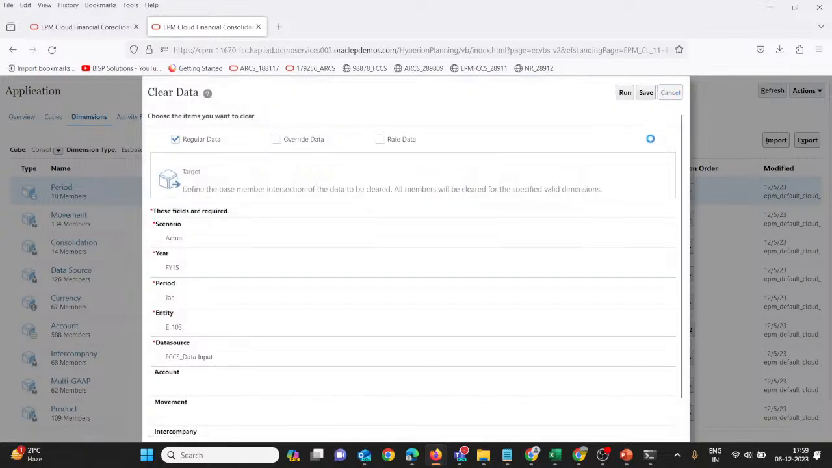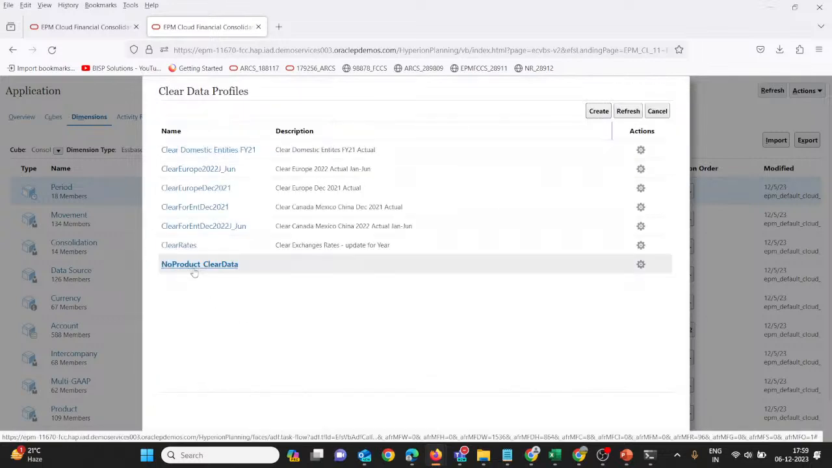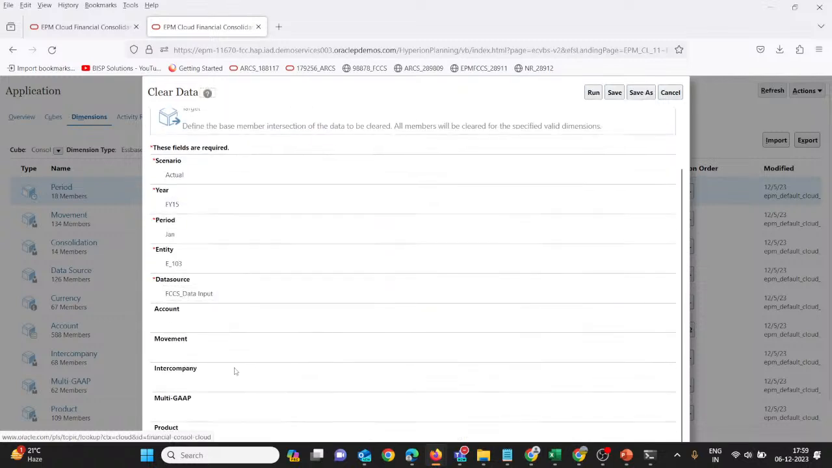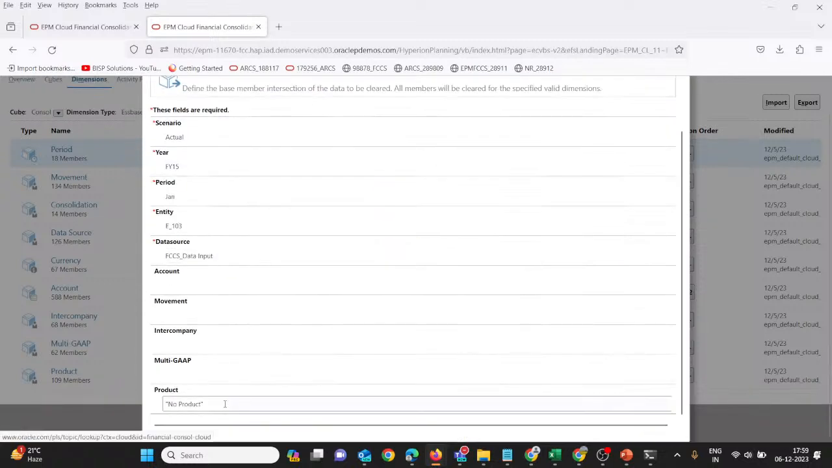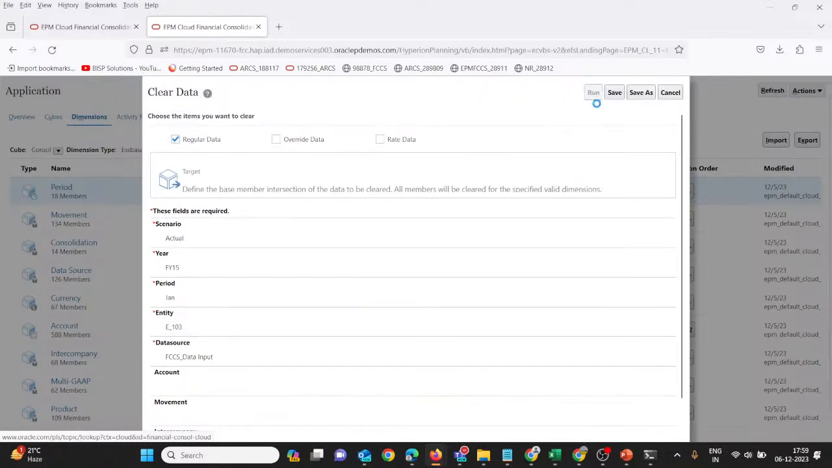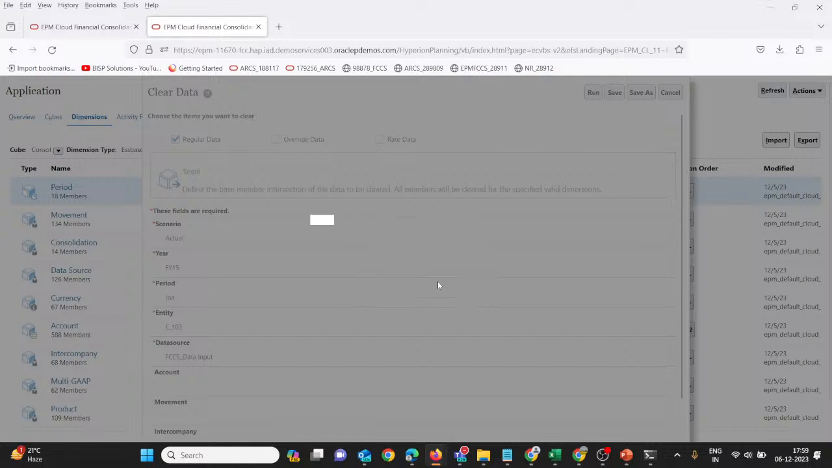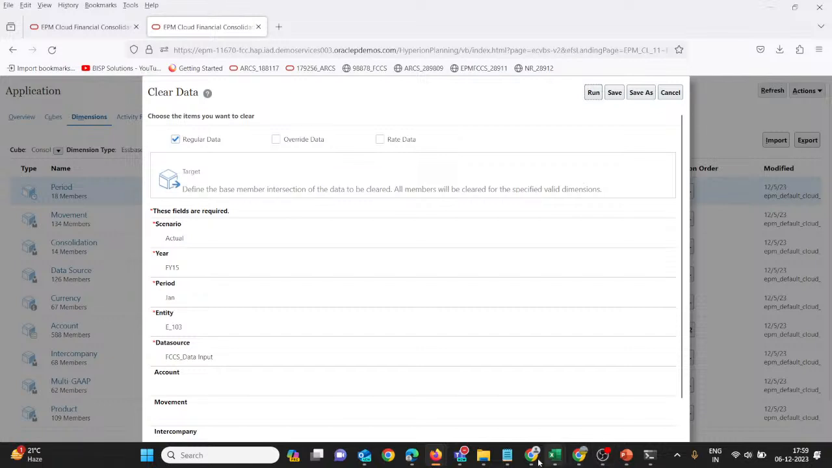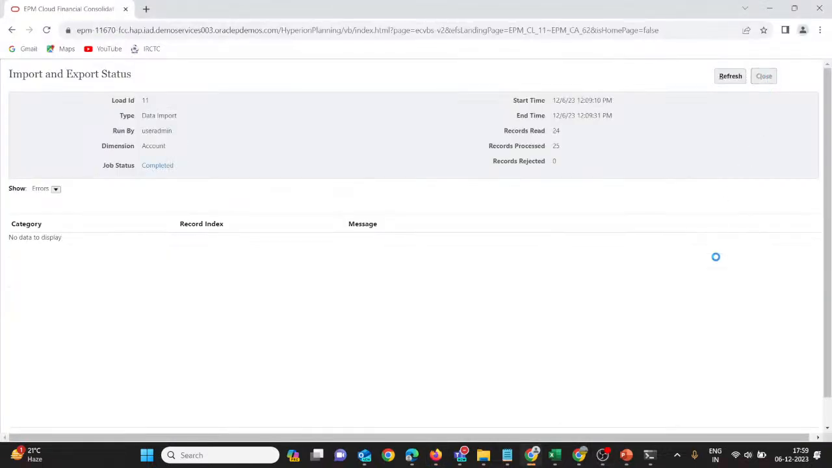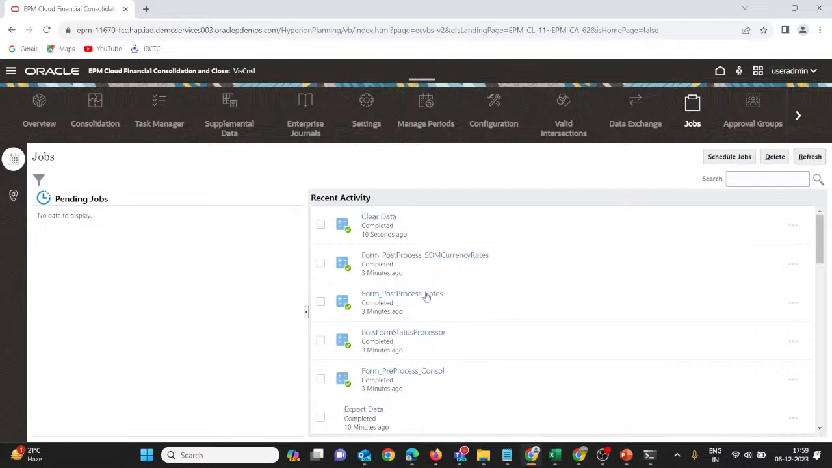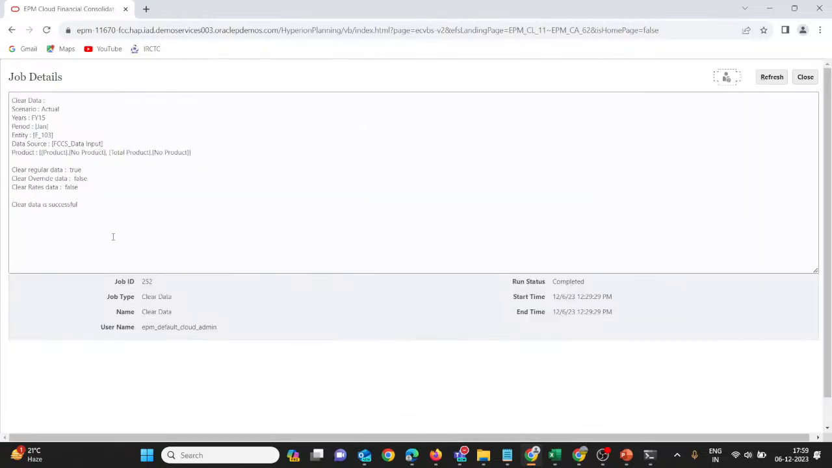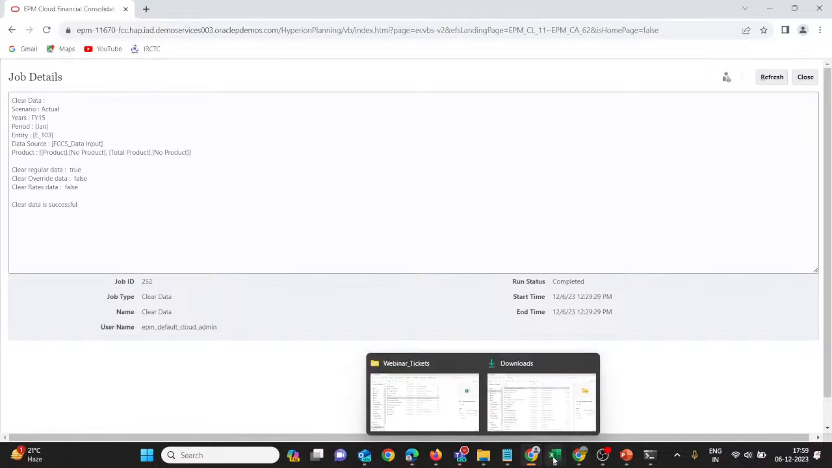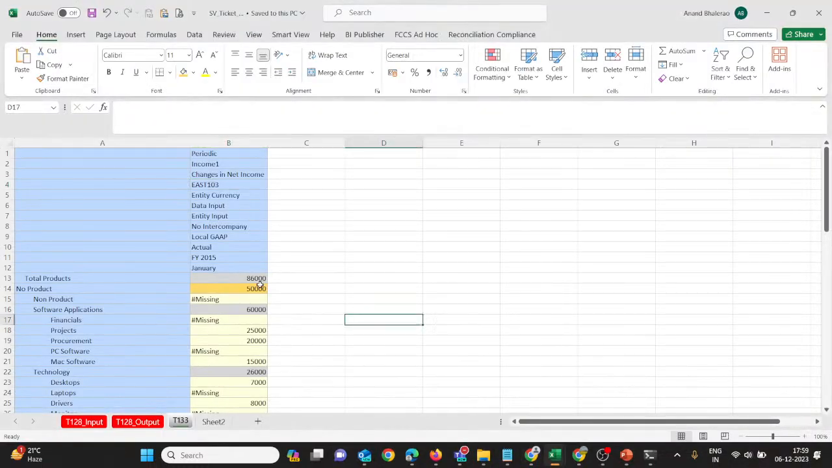The profile has been saved. Either we can just cancel it. Now you can see we have this. We will open it and see, now you can see the no product has already been included in it. Now we will just run this one. Do you want to continue? Yes. Job is submitted. See the job console. We will see that in our job card. Refresh it. Clear data. So the data has been cleared here. Run status completed. So let's go and check our details here